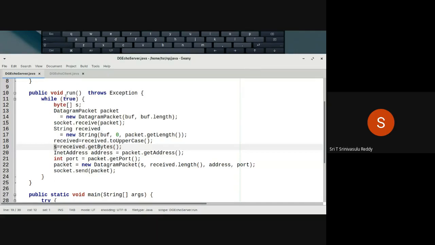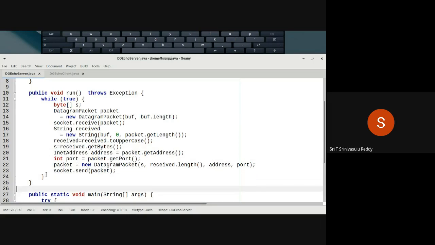And again, you go back so that it will again try to receive. Every time, this receive is a blocking mechanism. In the sense, it has to wait. If no client sends any request, it will wait here forever. And whenever some request comes, it will be filled into the packet, and then all this service mechanism happens. That's all. It is a simple class now: one constructor and one run method. So the class is over.